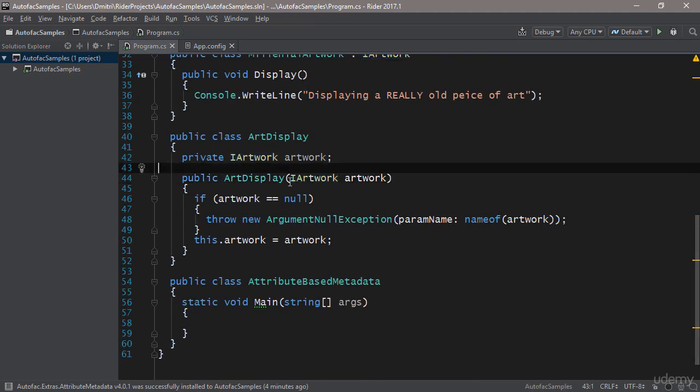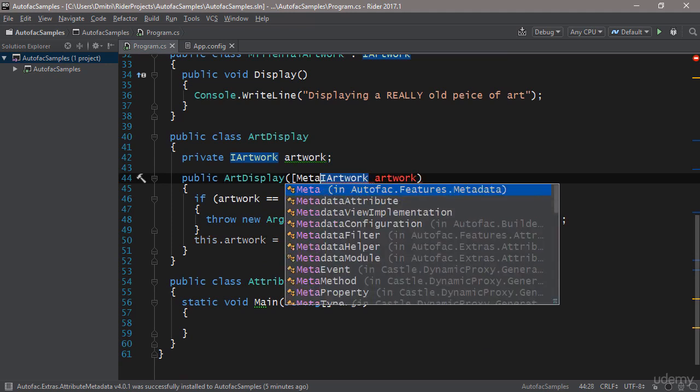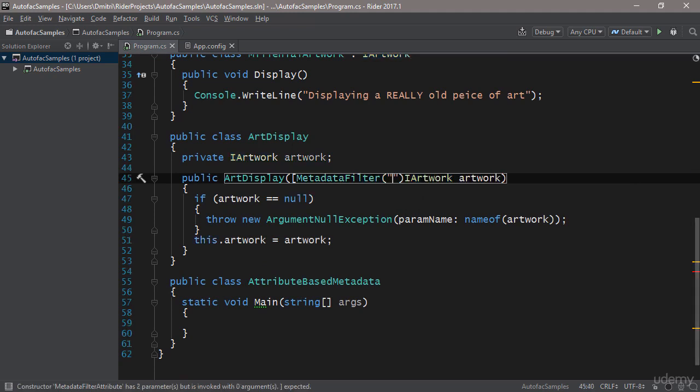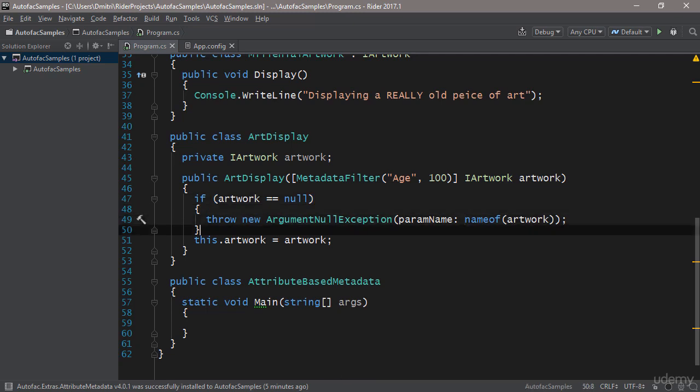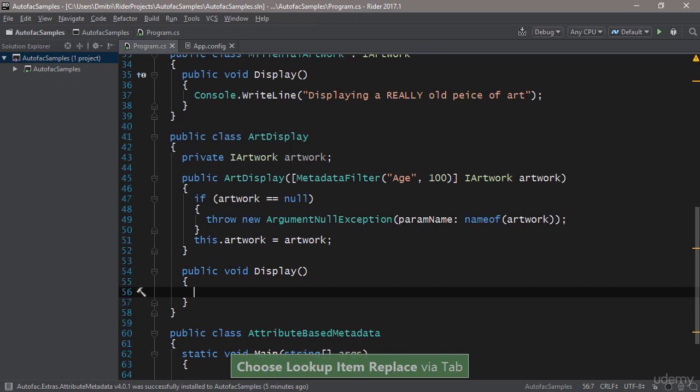For this, we put the MetadataFilter here. We say MetadataFilter, and we're going to filter out all the metadata which has the age equal to 100, for example. You put that right in front of the constructor argument, and then let's add some kind of Display method which simply calls